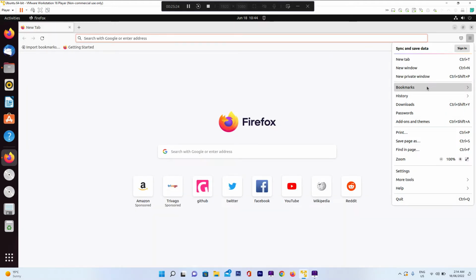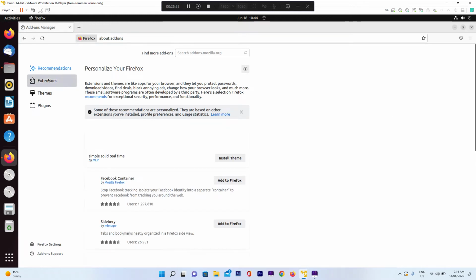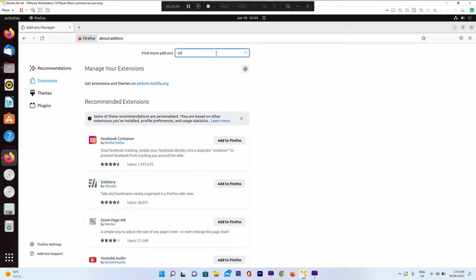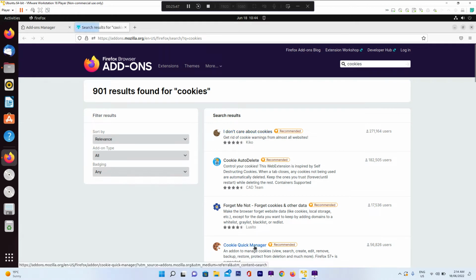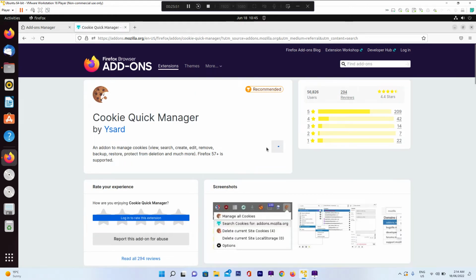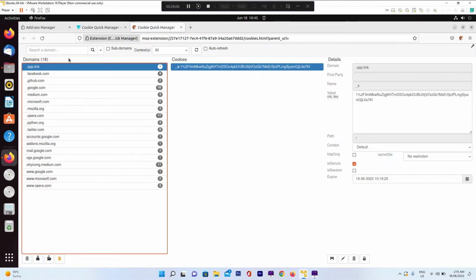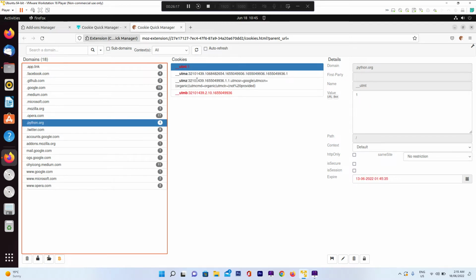Now to get the cookie data and everything else, we basically just go to add-ons and themes, extensions, just type in cookies, install cookie manager, click on the icon, manage your cookies, and as you can see we've got a list here of all the websites that the target has visited. For instance, python.org and all the cookies associated with that as well,